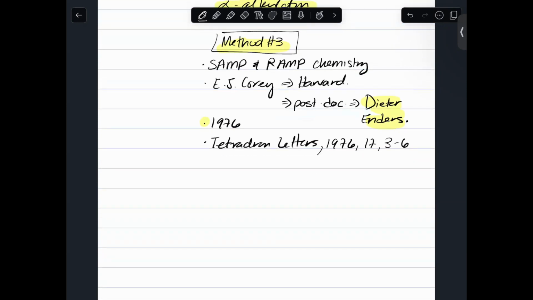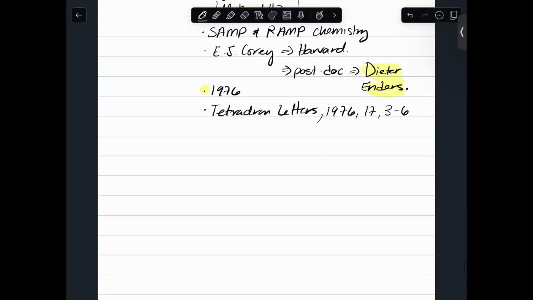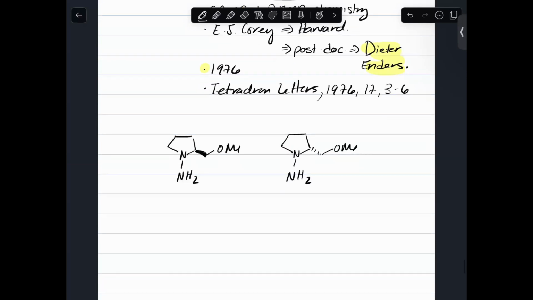It is limited, but the beauty of it is that just like your Evans oxazolidinones and your Andy Myers pseudoephedrines, the molecules used are all derived from either natural resources or cheap resources. And so these are the two molecules. The first one is known as SAMP, and it stands for